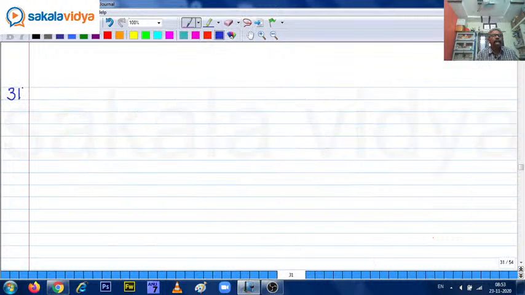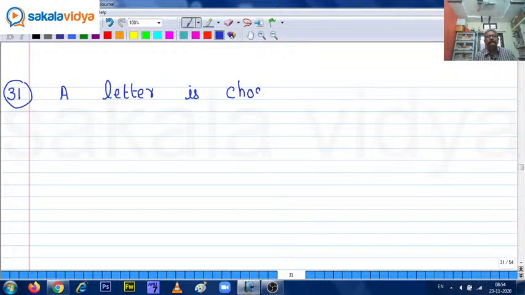31st question. The same question, similar to the 30th question. So let's have a discussion on that one also. A letter is chosen from the word